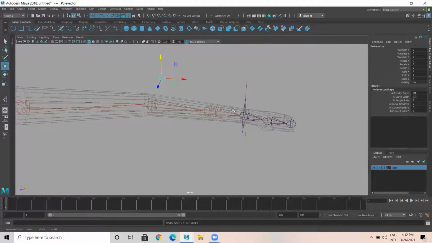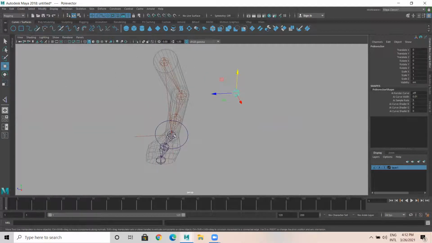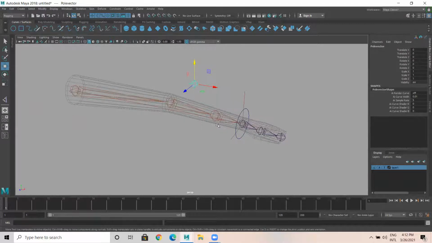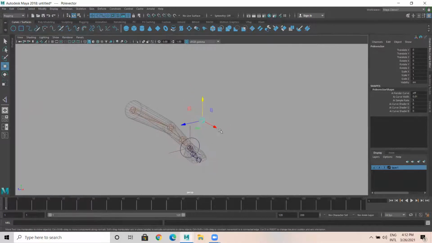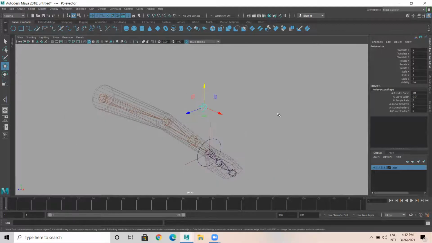Any doubts? So this completes the hand IK rig. Okay. There's a lot of procedure to do this. If you follow the procedure, you definitely can achieve this particular task. Okay. And in the industry, rigging artists are paid really high because it is so technical. So you can do rigging. Understand the basics, you definitely can do it. It's not that tough.